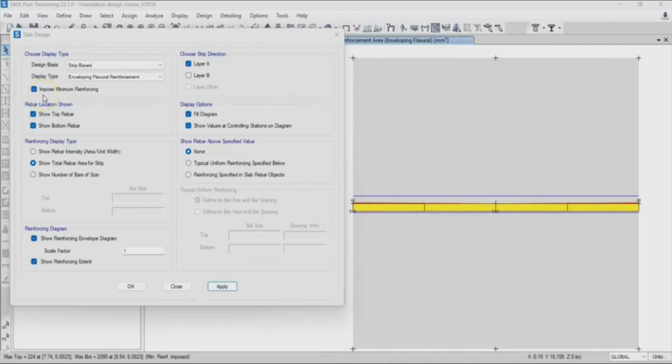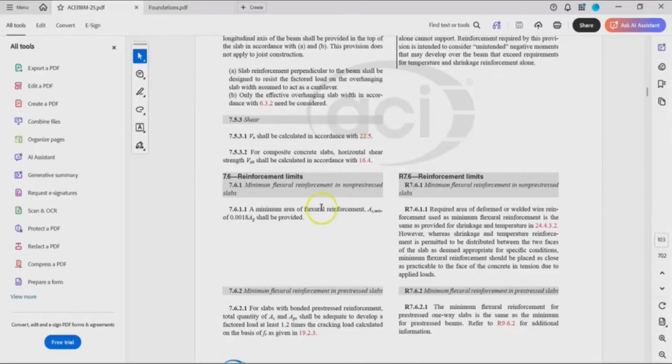However, the ACI code states that we must always have a baseline minimum steel of 540 millimeter square per meter to prevent temperature, shrinkage and cracking. So you can take a look at this on the code. This is the reinforcement limit, the minimum area. In section 7.6, the ACI is saying the minimum area of flexural reinforcement